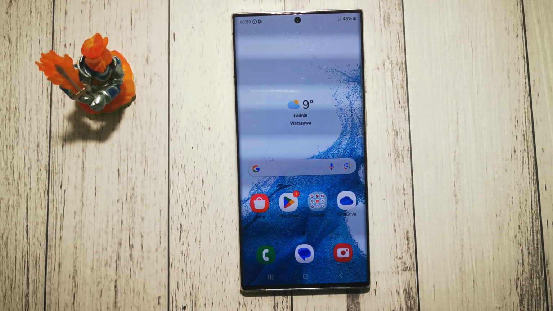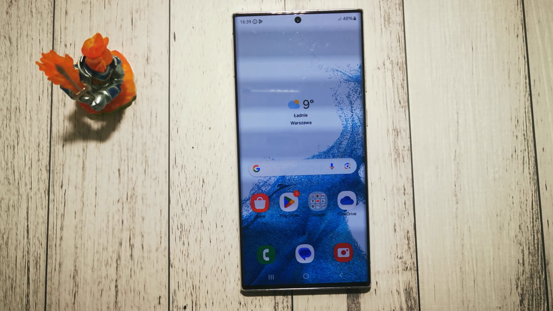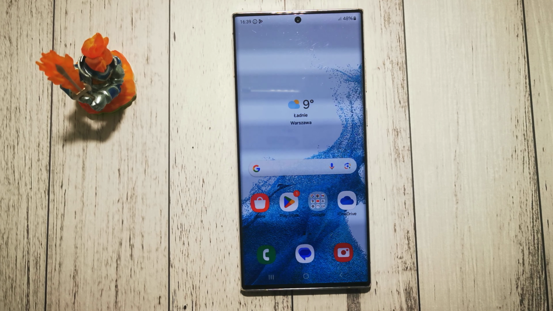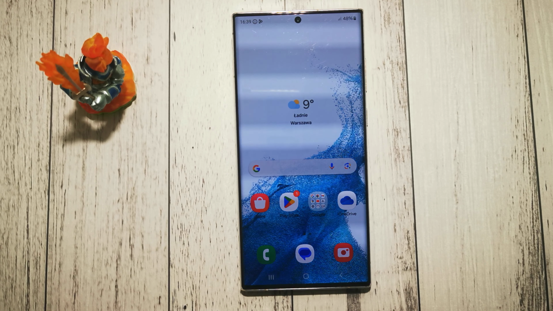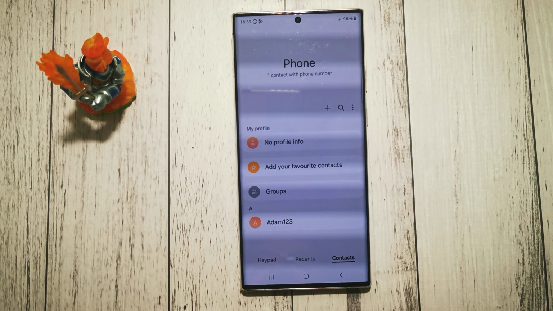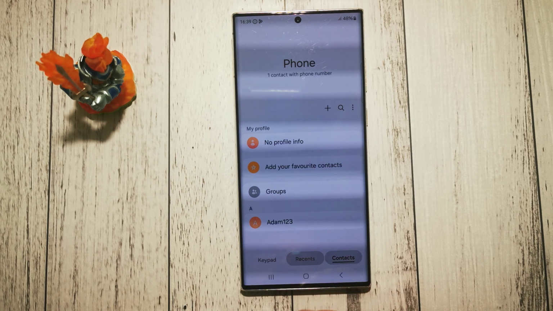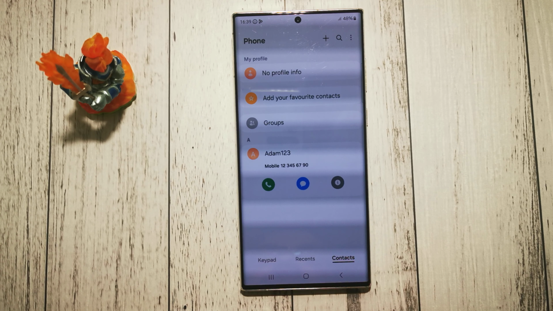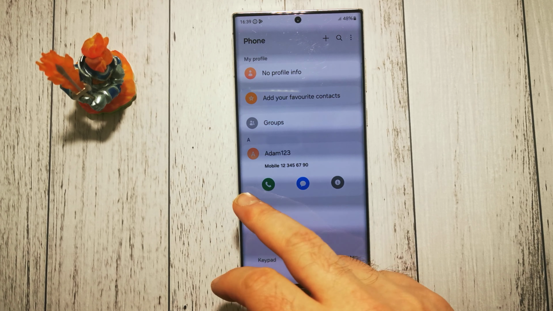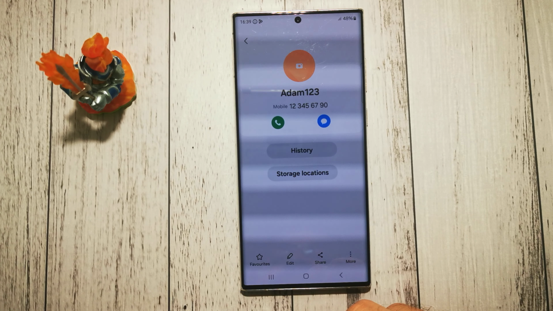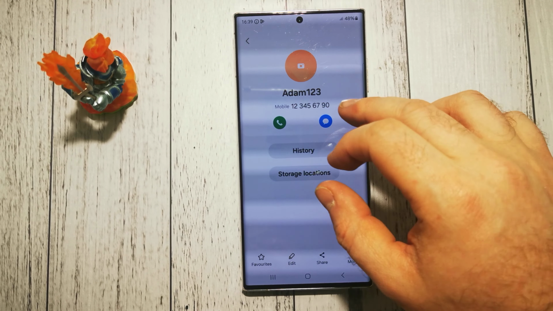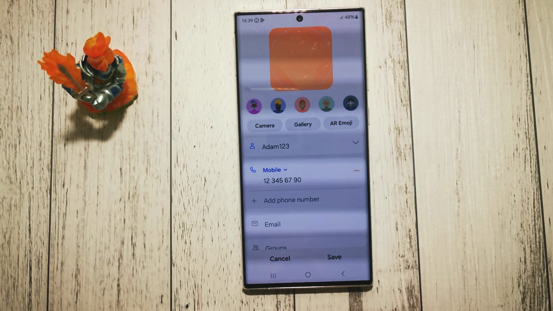Today I will show you how we can add a photo to our existing contacts in the phone book in Samsung Galaxy S22 Ultra. So first we have to go to our phone book, contacts, then we can select our contact that we want to add a photo. Next, this little option right here. To add a photo, we simply have to tap this big circle here with a camera picture,